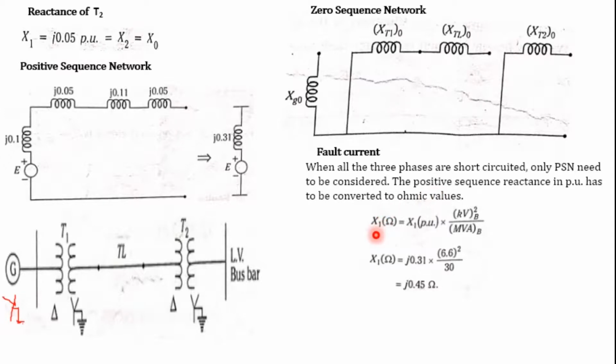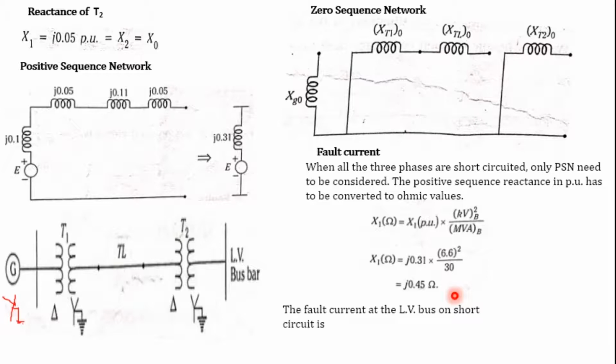That is nothing but X1 in ohm, which is equal to X in per unit. This is the formula, just calculated in terms of ohm. Earlier we calculated in per unit, now we are converting to ohm values. X1 in ohm is equal to X1 in per unit times kV base squared divided by MVA base. This is the voltage, 6.6, and the MVA is 30, so we get 0.45 ohm as the value of